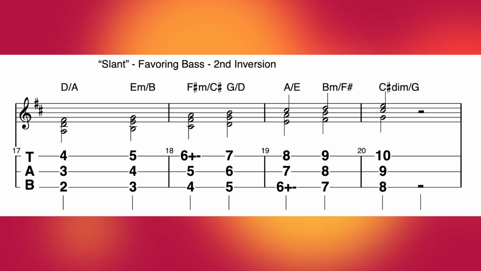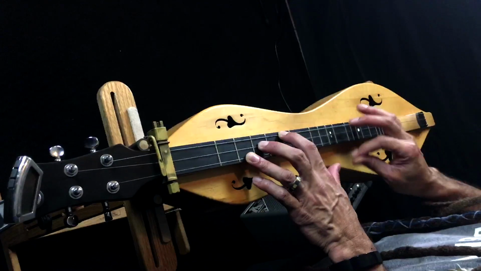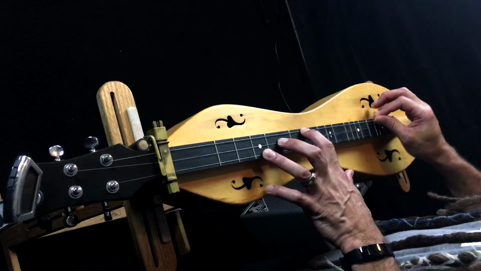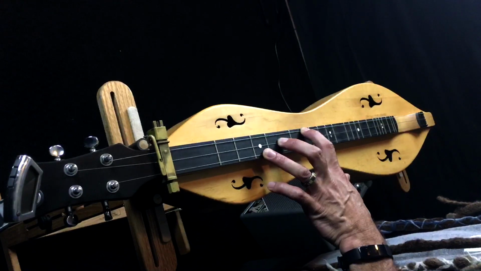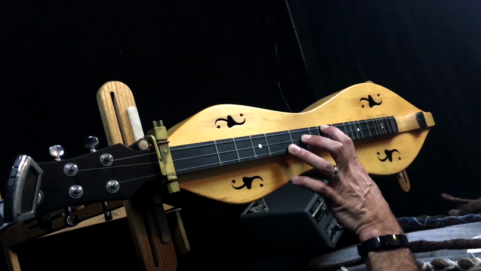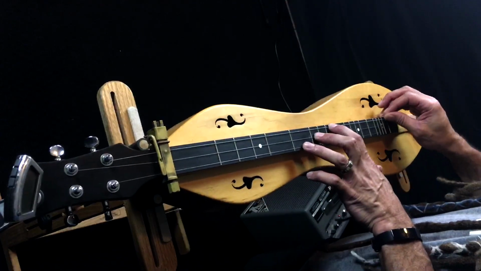Let's go ahead and move on to the slant chord, still favoring the bass. These are second inversion chords. We're taking the fifth of the chord and putting it on the bottom as the root, starting with D major 4-3-2, E minor 5-4-3, F sharp minor 6.5-5-4, G major 7-6-5,